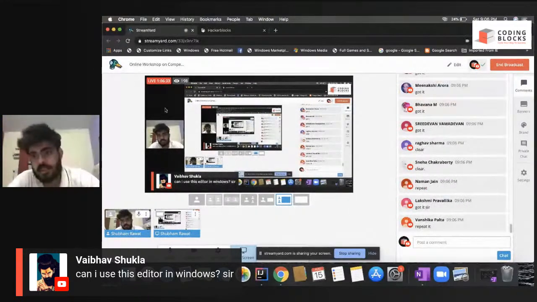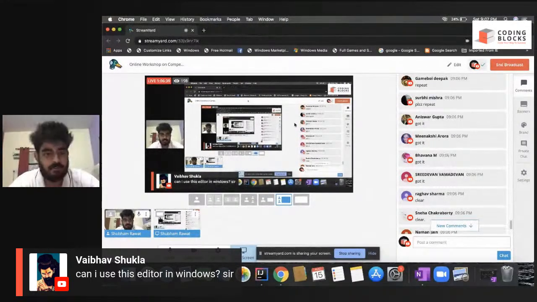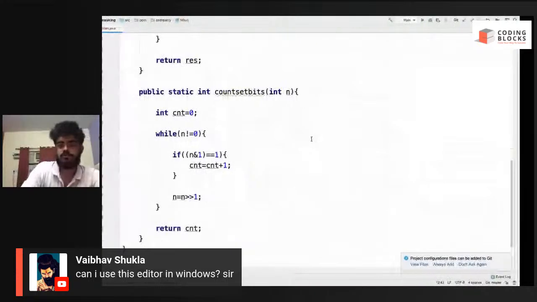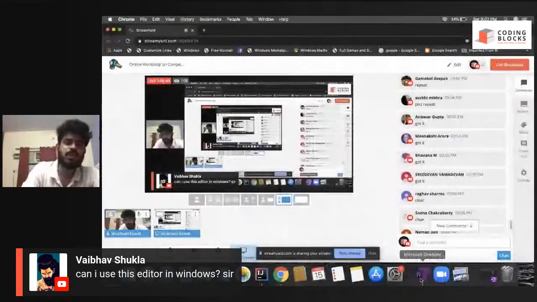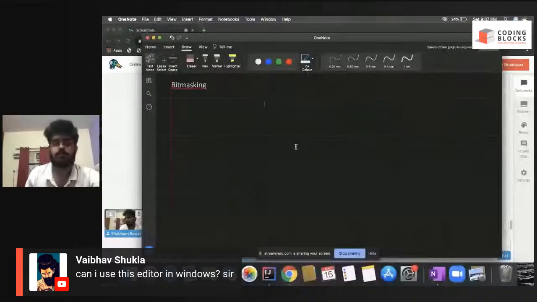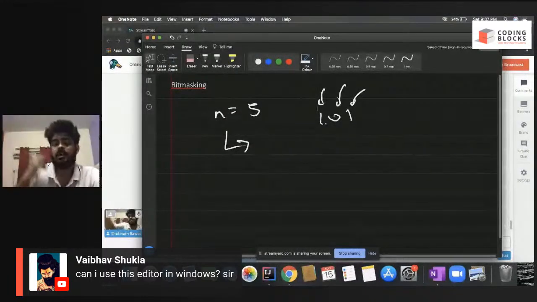So many students are saying repeat, so let me repeat it in normal terms. Everyone listen very nicely. What we are trying to do is we need to check every bit, right? Suppose you had n equals 5. So 5 is 101, right? We need to check every single bit. How can I check it? To check the last bit, the rightmost bit,